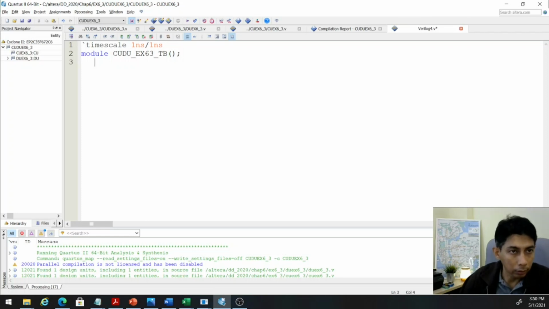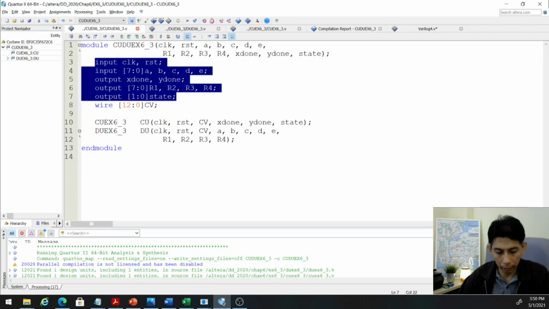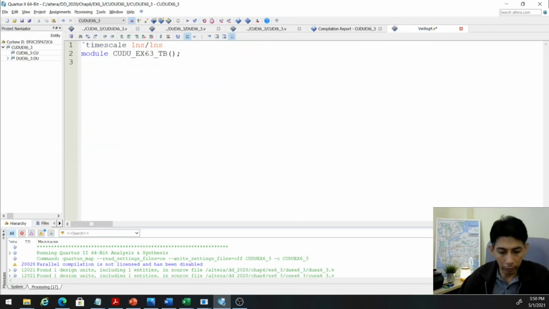Okay, so this will be based on where is it, this, right? So we will use the same input and output as this one, so we can copy this into this